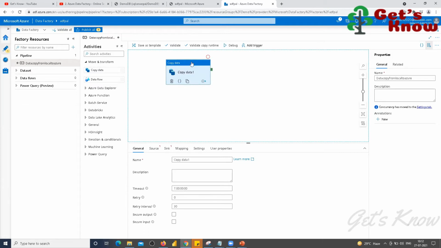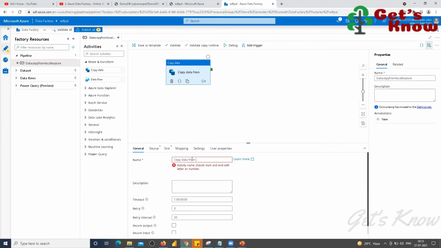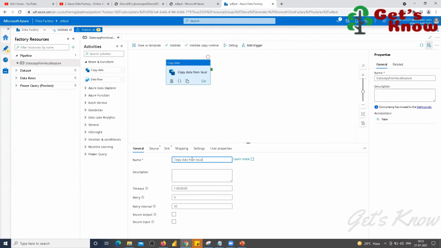For this Copy Data activity, you can give a name: copy data from local to Azure. This is my activity name, the reference name. The rest of the things I can leave as default.